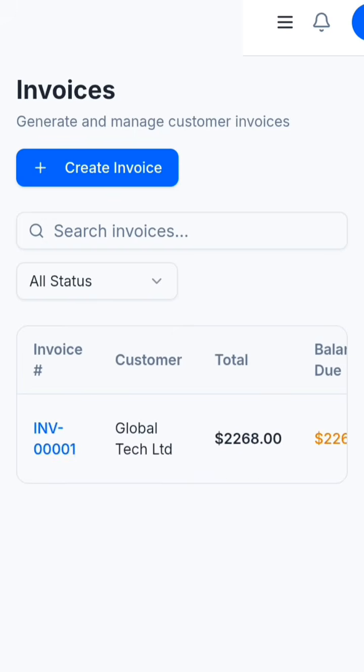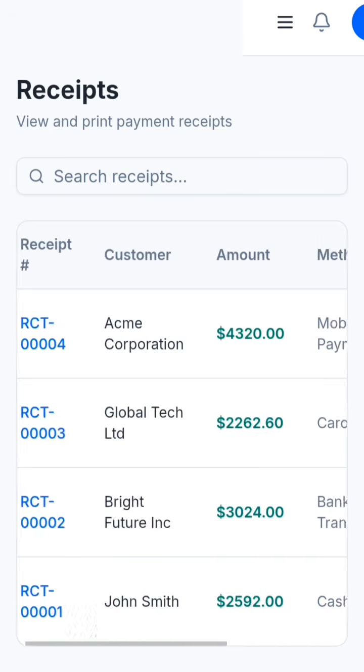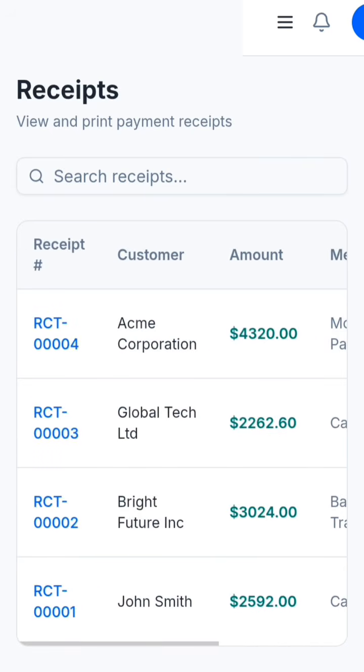Okay, so this is the receipt section where you can generate a receipt. Okay, so we are here to add the receipt section here. So we are here to add that as well. Okay, so our team is still developing the app, but I'm just showing what we've done so far.